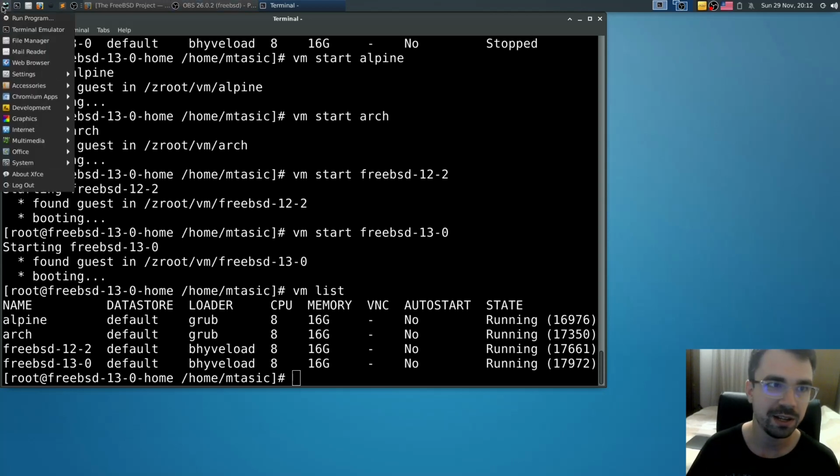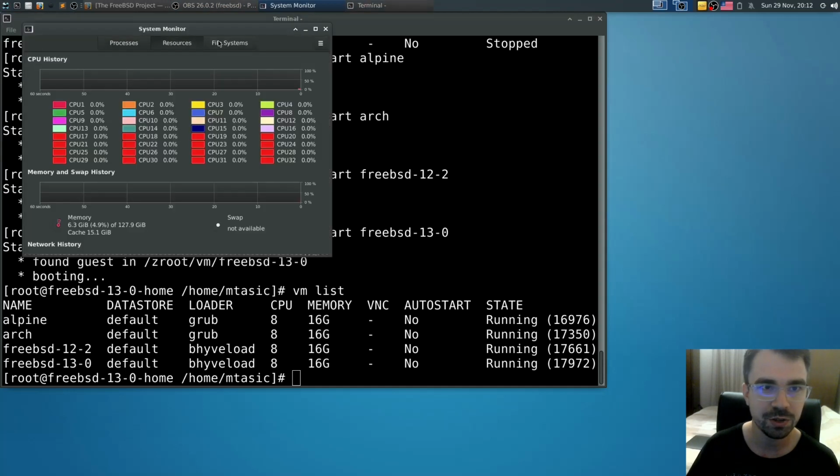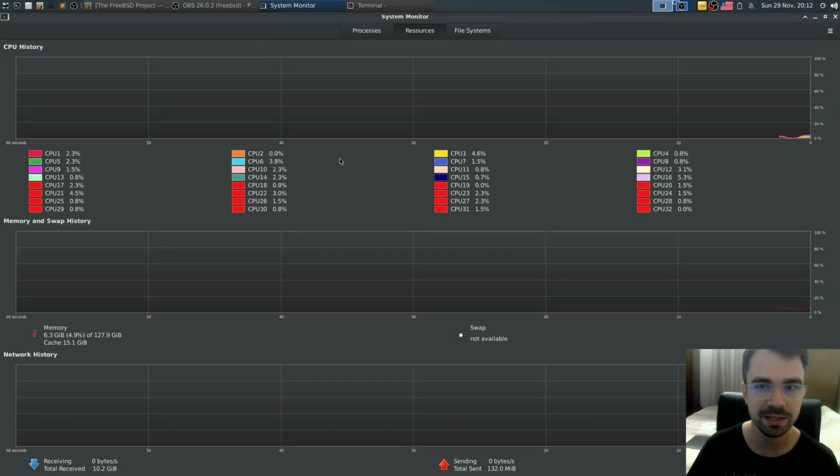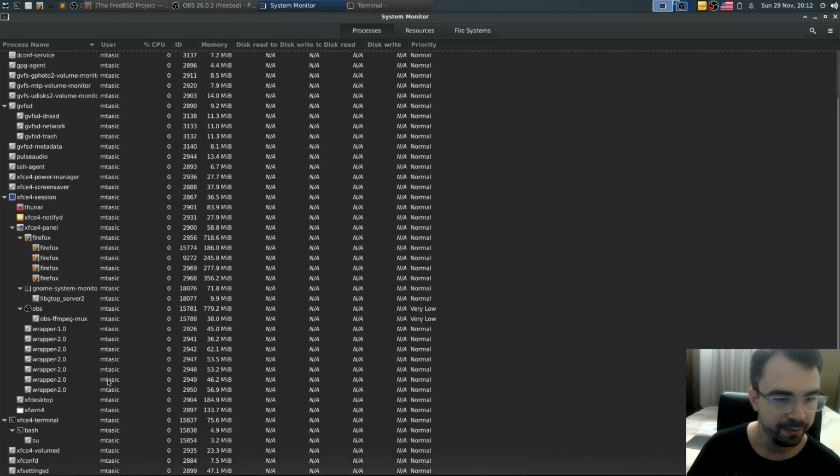As they do that, I can show you the system monitor running, showing how resources are utilized. It's pretty low on resources. They all consumed around 6.3 gigabytes of memory, which is really nice.